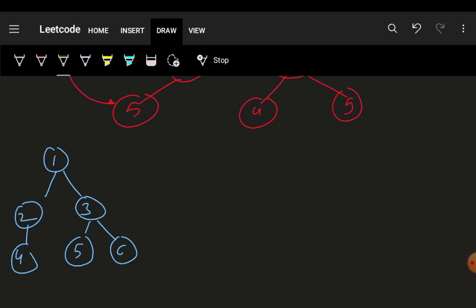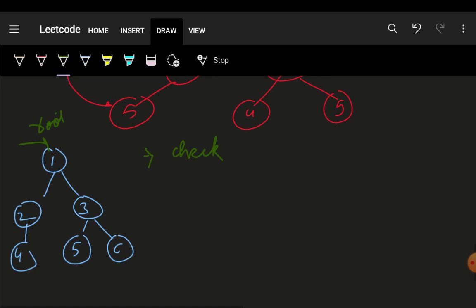Okay, so this is our root, right? First condition, how this Morris traversal works is, check for root left. If root left is null, let's say it equals a null pointer, then just print the root node. So I will say print root,